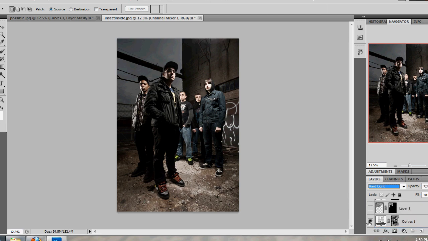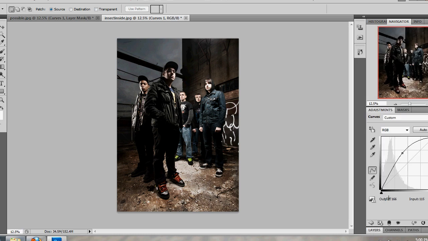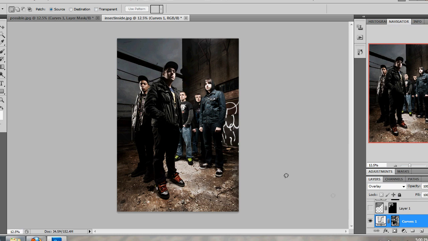Next we did a curves adjustment, and this is set to overlay simply because I adjusted the midtones a bit, as you can see here. And when it's set to overlay, it lets me bring out more detail on the ground, in the building, and pretty much any other details I really want to bring out